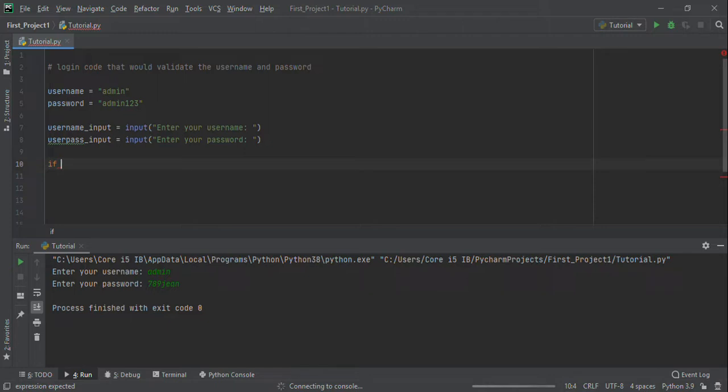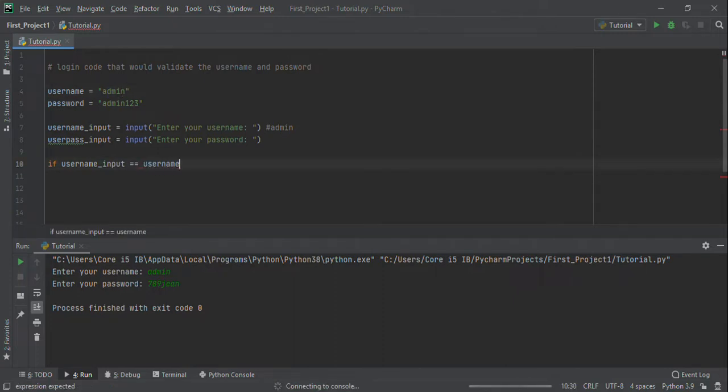So there's like, hey, if the username input, which is what we're calling, let's say for example, the user input admin, that's the value of our username_input. Okay. So if username_input is equal to our username, which is the value of admin